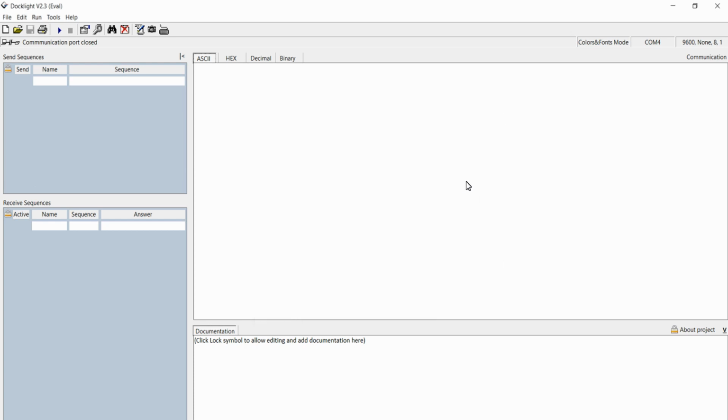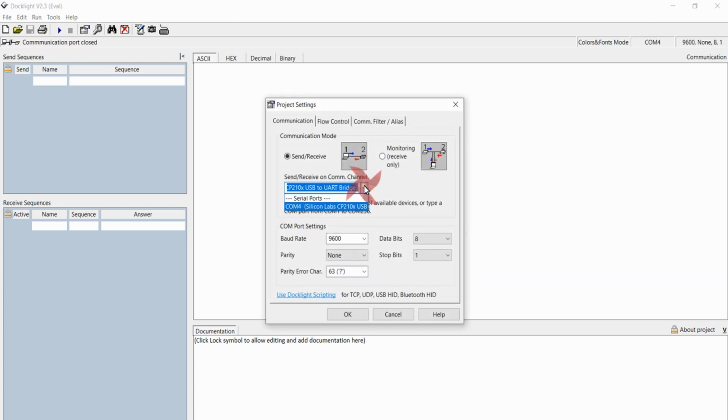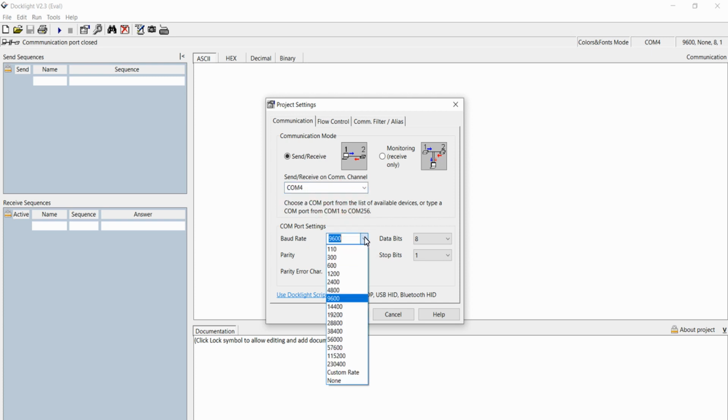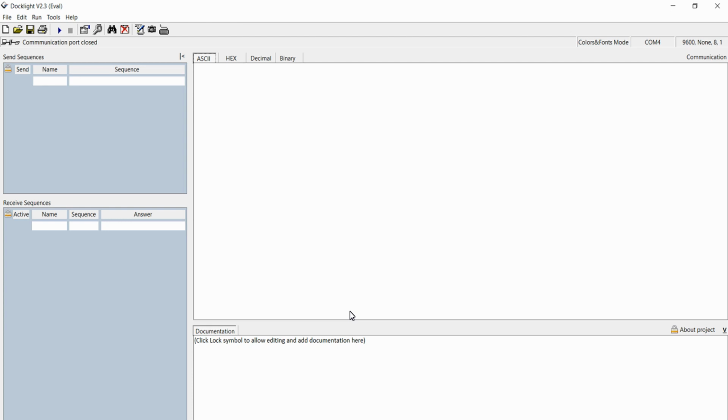And for configuring the port for this communication, double click on this COM port number on the top right corner and click on this drop down menu and select the device that you are using. And regarding the baud rate, our baud rate is set to be 9600 in our program, so I'm just leaving it as it is, and then click on OK. That's all about the configuration that needs to be done for demonstrating the transmission of serial communication.